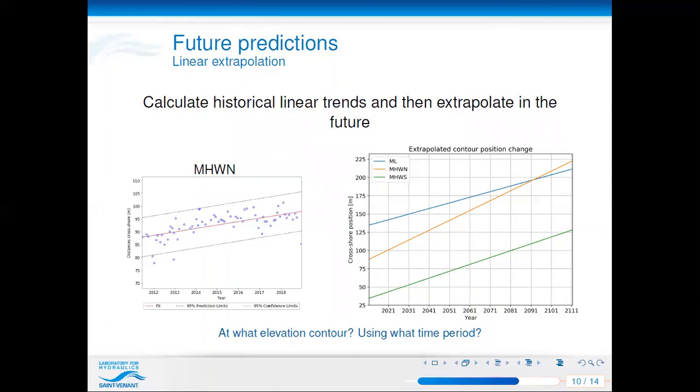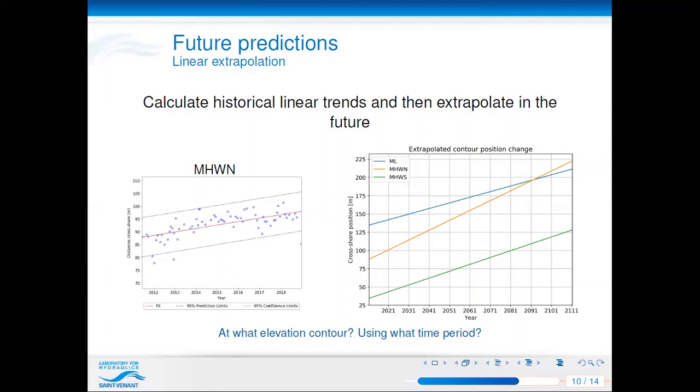For example, on the left, of the mean high water neap, the blue points are representing our observations, and the red line is the linear trend. And then we can extrapolate that into the future. So we've done that. And in the right panel here, we're showing the extrapolated contour position change for the 3 contours